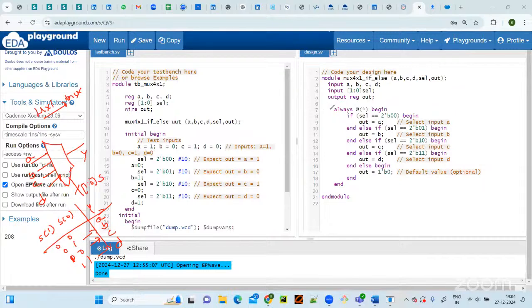Here, if at all you are trying to write the code in behavioral style of modeling, then it is a must that you have to use a procedural block. Here, always is a procedural block. Always is a procedural block. Okay, always @ star. What does this star mean? Star means that whenever